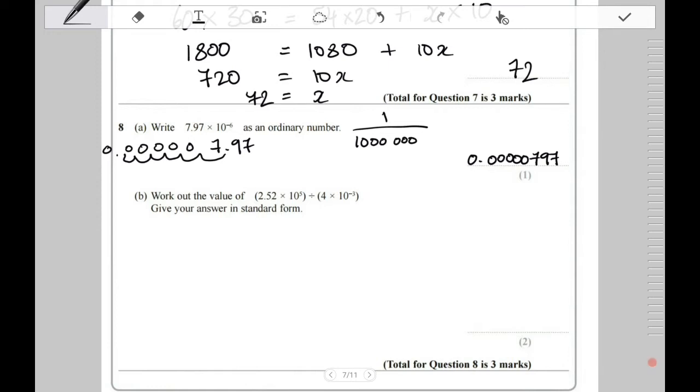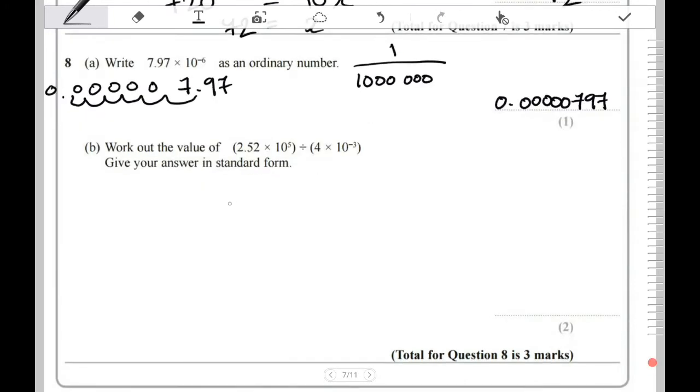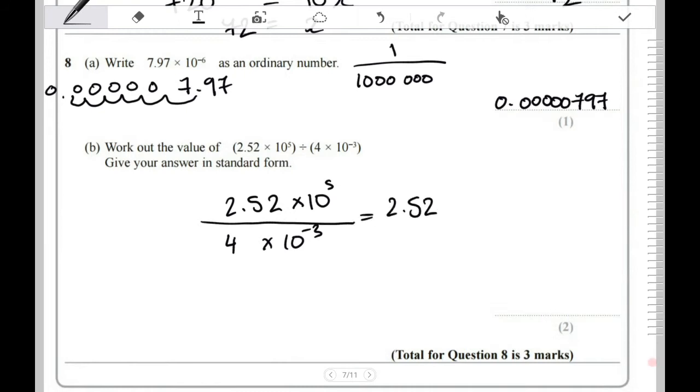Work out the value of 2.52 times 10 to the 5 divided by 4 times 10 to the minus 3. Give your answer in standard form. So I'm going to write it as follows, just because I find it comfortable writing it in this form. Again, we can write that as 2.52 times 10 to the 5, divided by 4 divided by 10 to the 3,